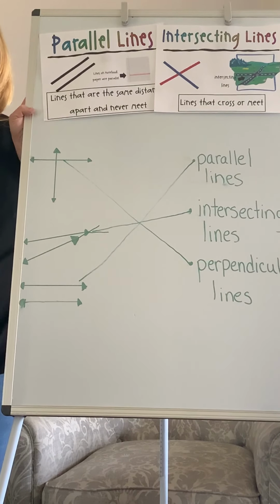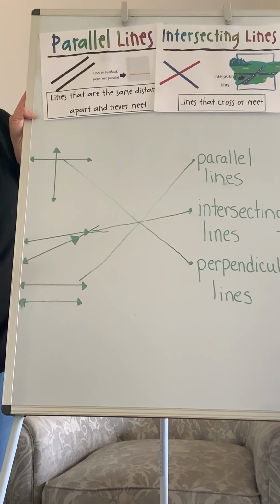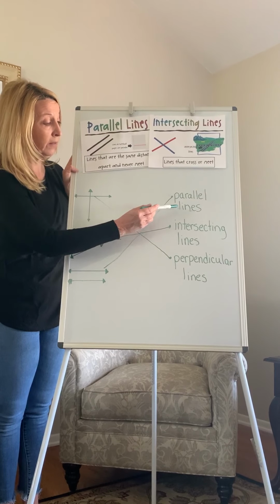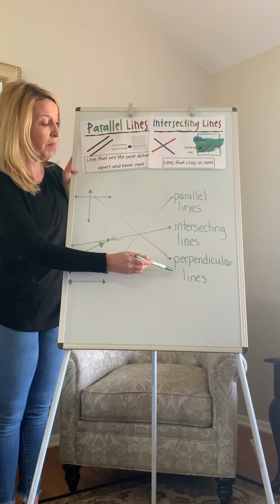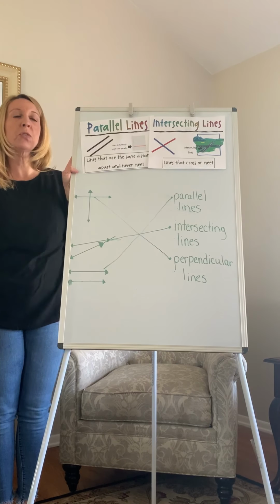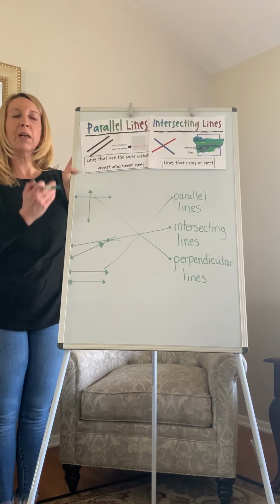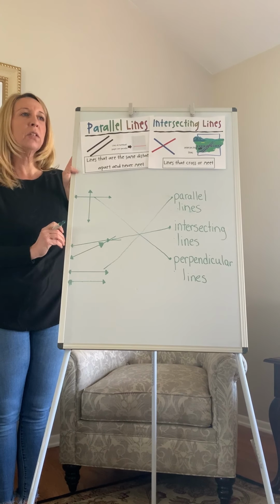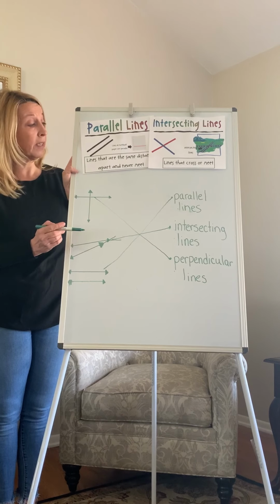You're going to have a worksheet to do, practicing the three types of lines: parallel, intersecting, and perpendicular. And when you finish your worksheet and you're walking around your house today, look up for lines and see if you can guess. Are they